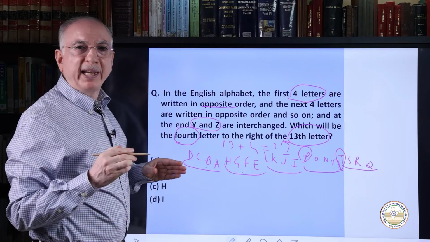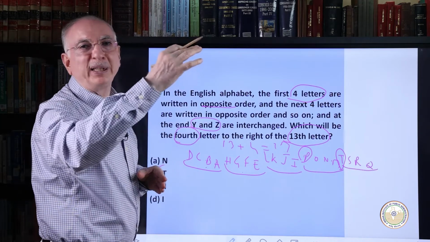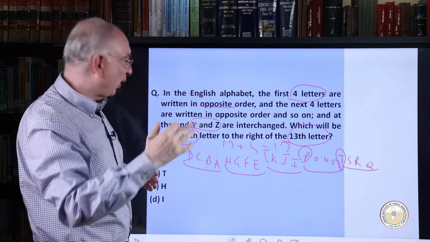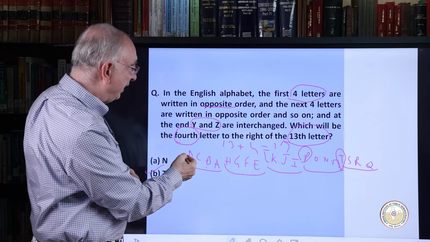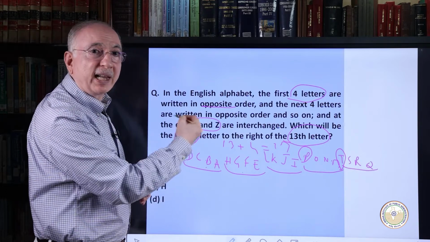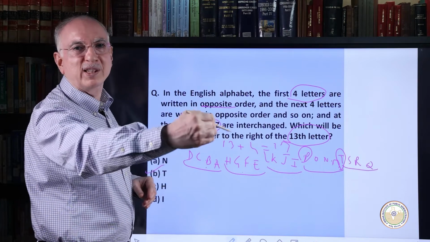So we have to be careful in such questions not to waste time on writing all 26 alphabets in the reverse order. And be careful that if you write this way, A, B, C, D, it will be much easier rather than starting with D, because that will be a little difficult to go in the reverse direction.